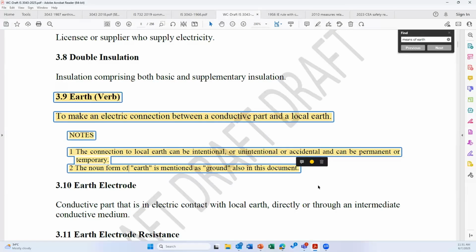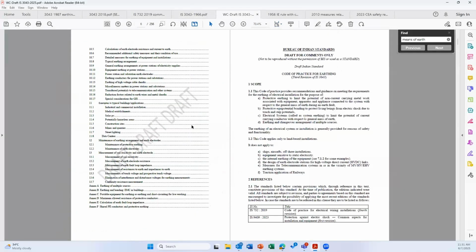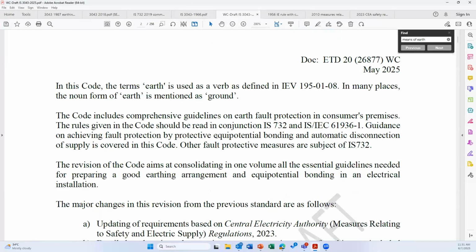So ground is also used somewhere in the standard, but the meaning of ground here is the actual soil, the actual ground, whereas earth means the connection of conductive part to the local earth. That is how it is. Similarly, the next improvements that happened are